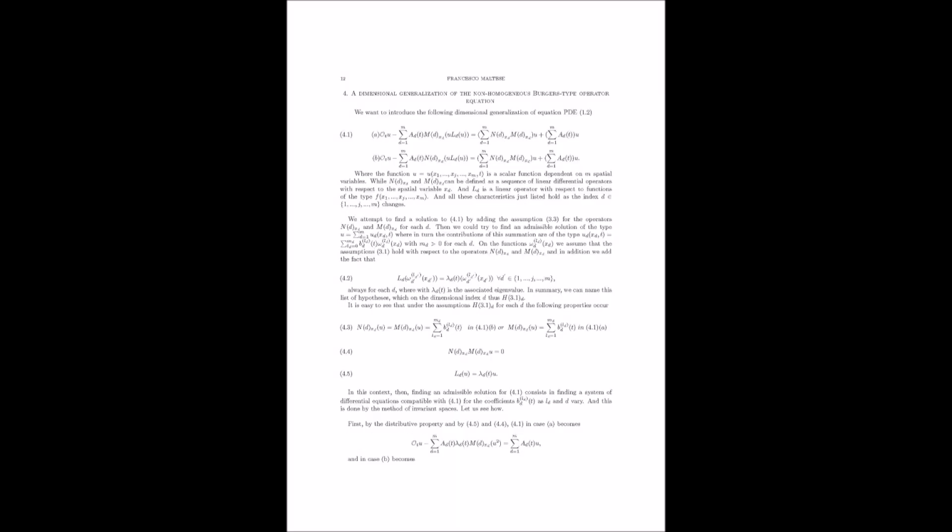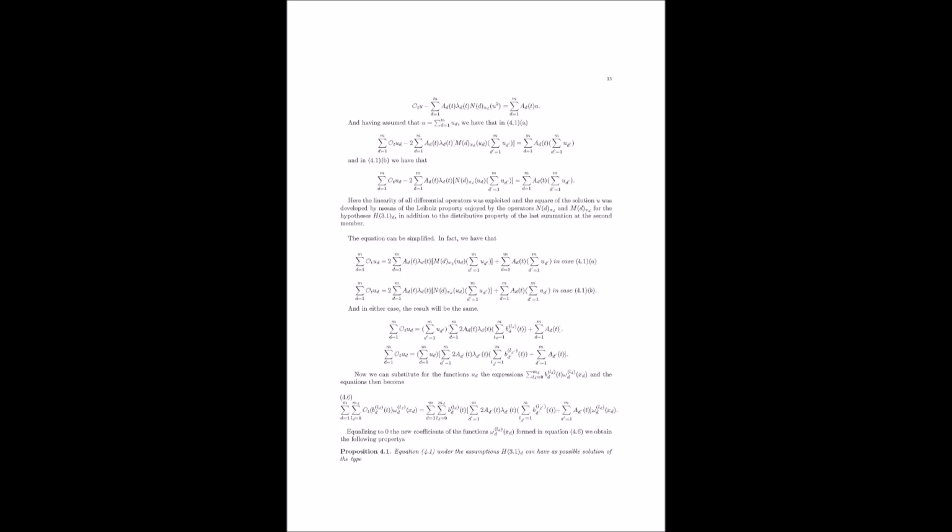It is. But how does Maltese find the solution? He starts with the equation describing Brownian motion on a hyperbolic half-plane, which involves a special operator called the hyperbolic Laplacian. He then applies a carefully chosen transformation to this equation using an exponential function. So he's using this exponential function to bridge the gap between the Brownian motion equation and the generalized Burger's equation. Exactly. And the beauty of it is that the solution to the Brownian motion equation is already known. Okay. So by applying the transformation, Maltese cleverly obtains a solution to the generalized Burger's equation expressed in terms of this known solution. It's like a mathematical puzzle where the pieces perfectly fit together.